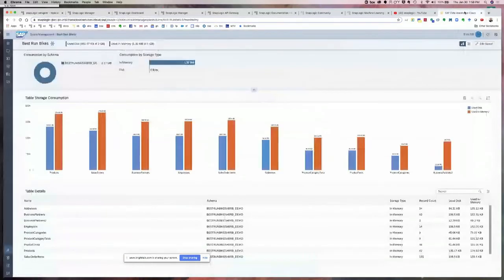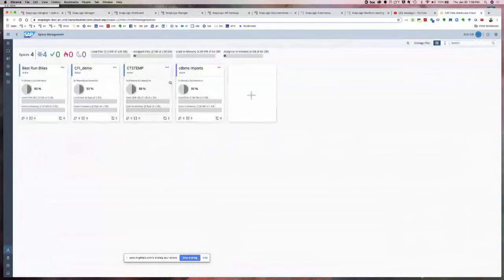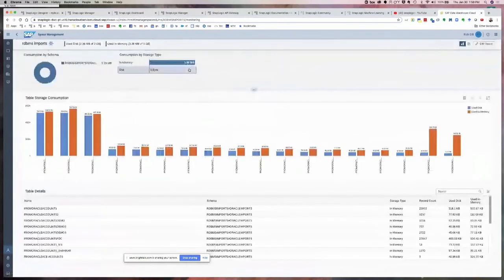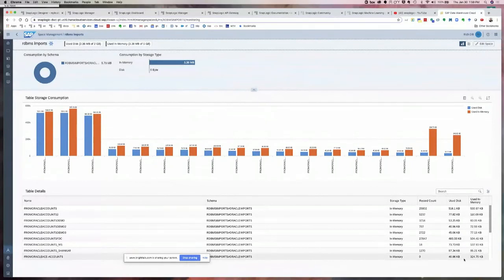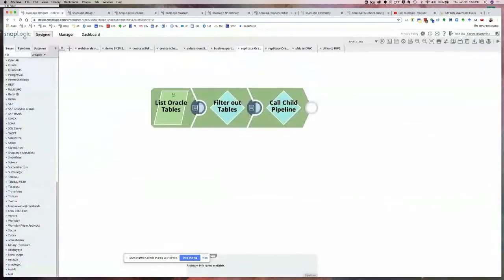we go over here, let's go to Space Management. We go into the RGMS imports. You can see here that this is the data that I put into the Data Warehouse Cloud using the parent and child pipeline. It took 3 minutes, 2 minutes, 2.5 minutes for this thing to run, to put that data in there. So the capability of SnapLogic to allow you to do the simple things in seconds,